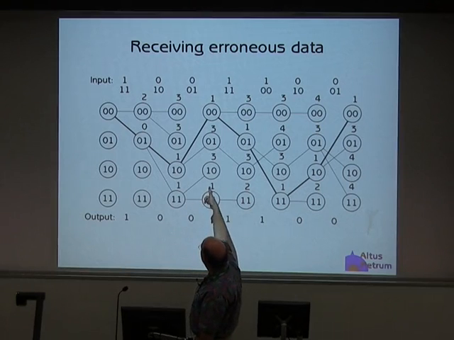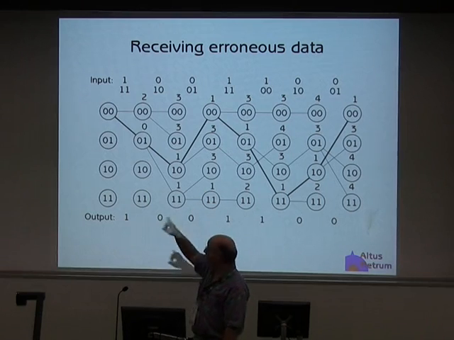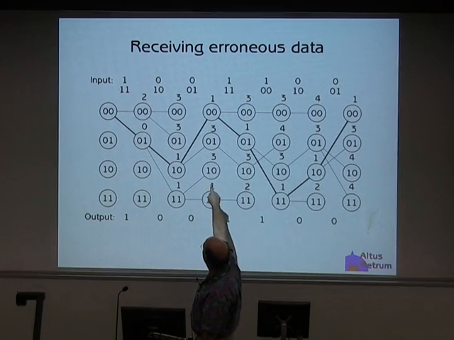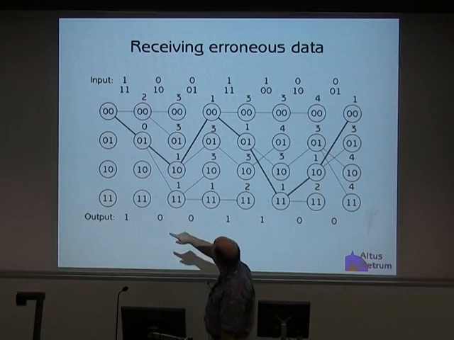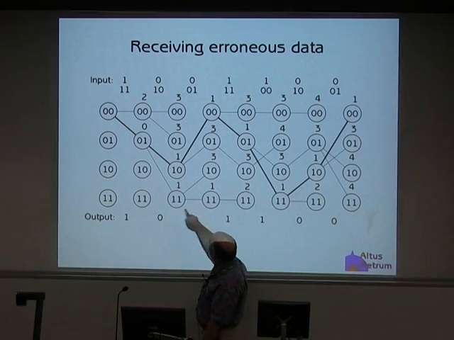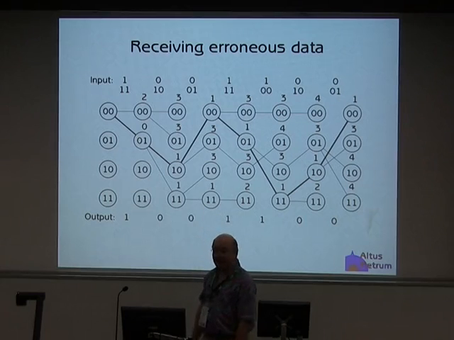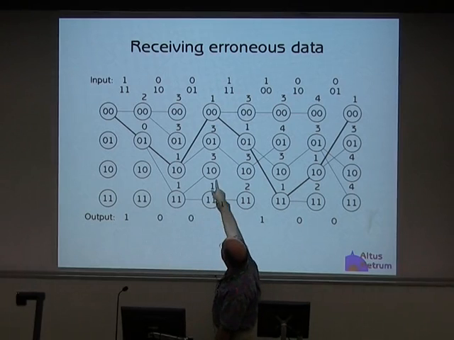But I'm going to receive another bit. Now I've got this new 0-1 bit. And in this case, if it's a 0 bit transition from the 10 to 00, then the cost of that is 0, because that's a valid reception from that point. But here, in this other one that also had 1 error cost, if I got a 1 bit, that also would be a legitimate transition from 11 to 11. And so the error cost of that is also 0. And so you can see at this point I'm still confused. I have 2 states that both have cost of 1.